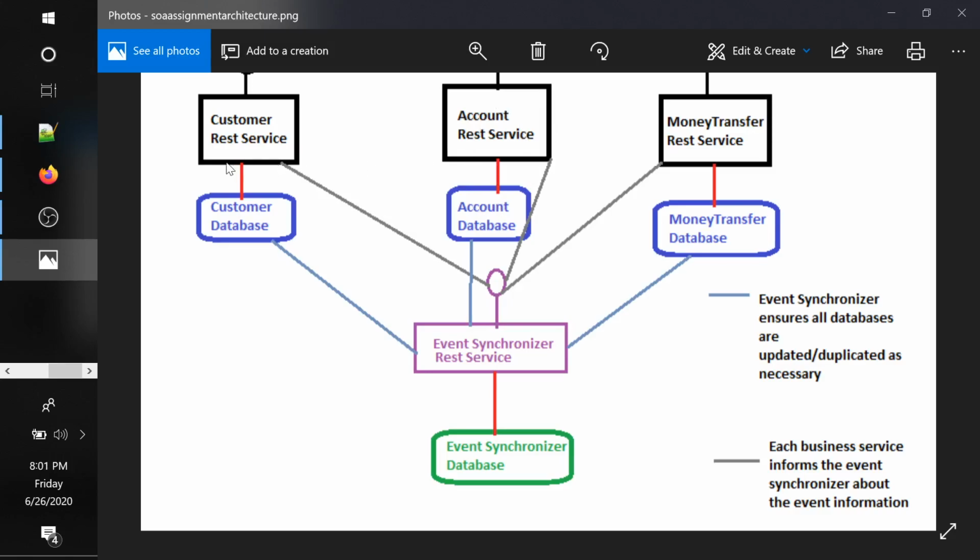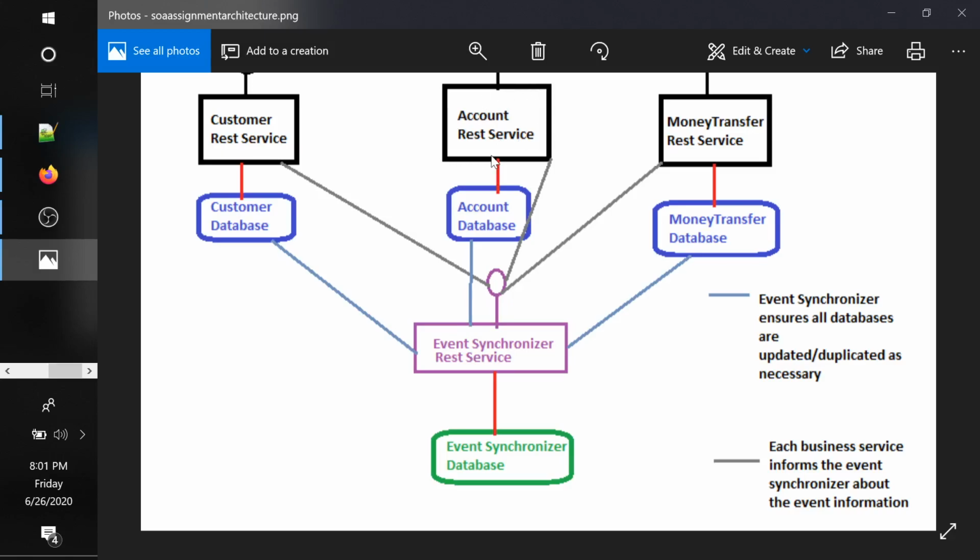So we send an event from this to the REST service, and this event synchronizer will make a call, will broadcast whatever event has been sent to other services. So it will broadcast it to account REST service, to money transfer REST service, and this account REST service will internally try to take that event information and do something with it. Like if it is passing the account information, it will probably store it inside its own database.